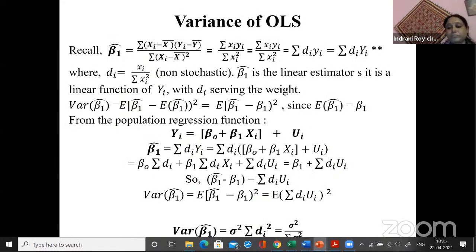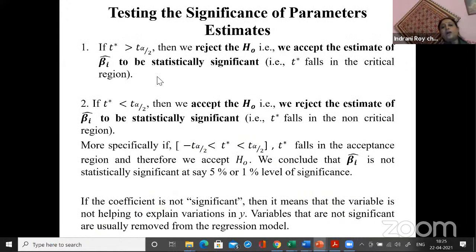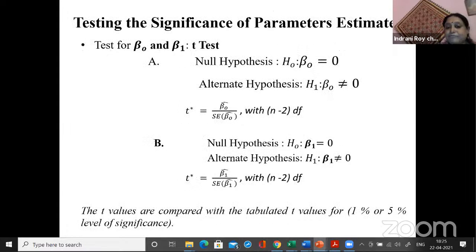Okay. So what you do is use a rule of thumb. What is the rule of thumb? As we know, in principle, we need to have a high value of T to reject our null hypothesis. So how high is high? You have to remember the rule of thumb. The rule of thumb is that if your actual value of T, which you have calculated through this formula, T value is beta 1 hat divided by the standard error of beta 1 hat, or the T value of beta naught hat is beta naught hat divided by the standard error of beta naught hat.